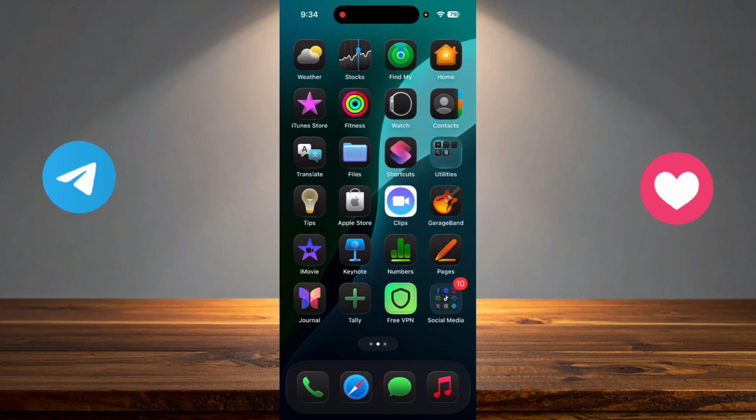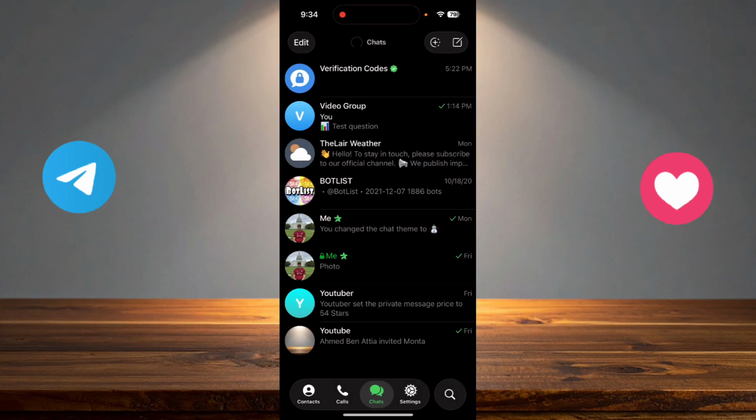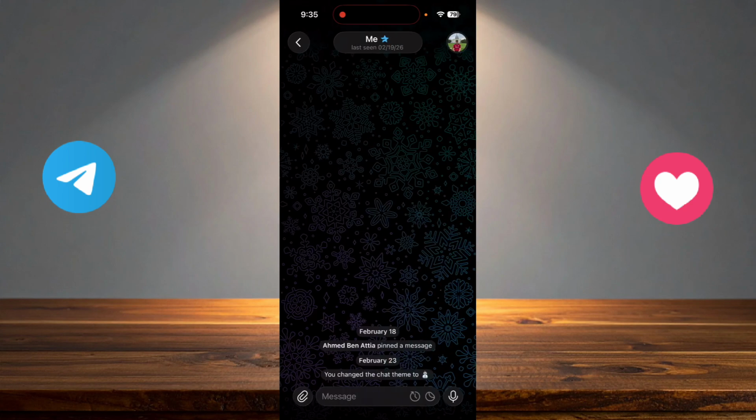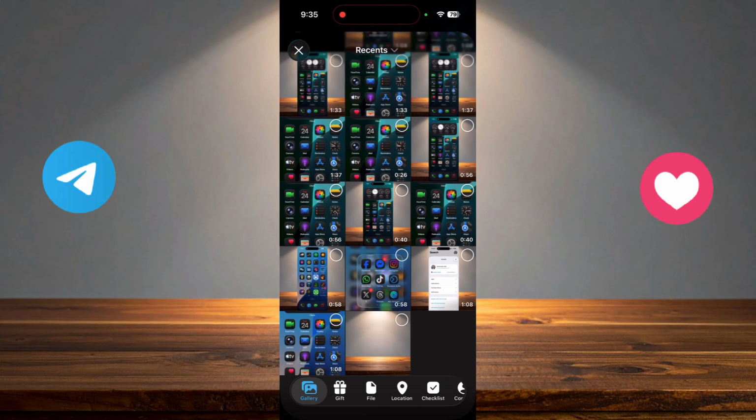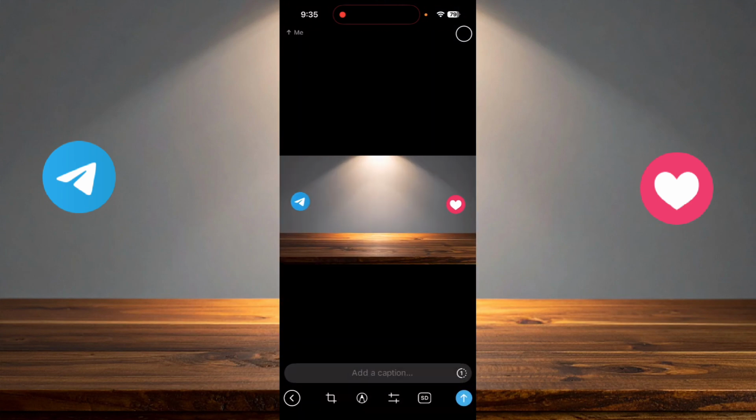To do this you just have to go to Telegram and go to the conversation where you want to send this picture or photo, and after that go to the library of your pictures or photos by clicking on the paperclip on the bottom left of the screen, and after that scroll until you find the picture that you want to send. Click on it, and in the bottom of the screen